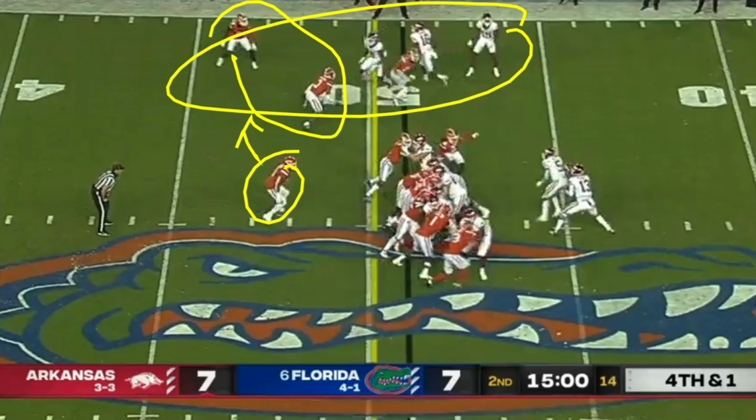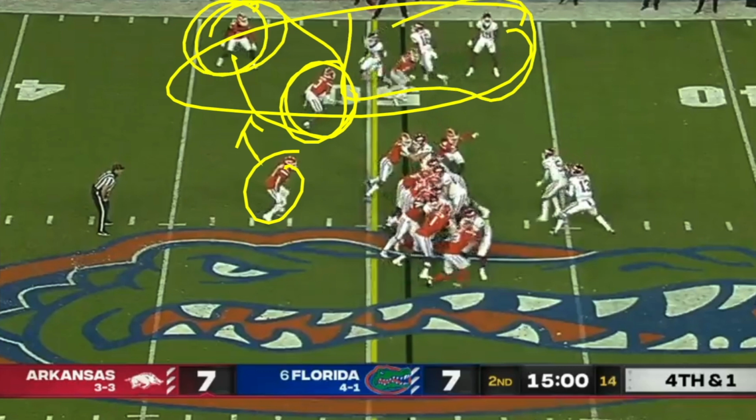So these are not things that obviously we're comfortable with, that I'm not comfortable with when we break down film. You just shouldn't be seeing this from a guy who's played so much football in Marco Wilson. You shouldn't be seeing it from a guy as talented as Elam. And you certainly shouldn't be seeing it this far into the season, again, against very common sets. Nothing special about this play. So it's something that Florida's going to have to clean up if they want to hang a banner this season, because you can't play defense like this against the best teams, against quarterbacks that make reads, and not get punished,